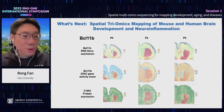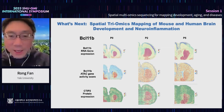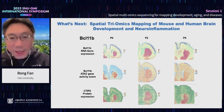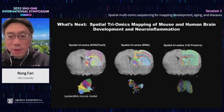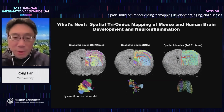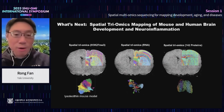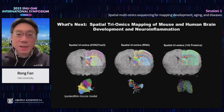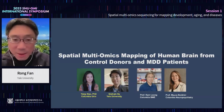So recently we're able to further combine proteins to do this spatial tri-omic mapping. So epigenome, transcriptome, but also hundreds of proteins. And what is more interesting is many of those proteins are associated with immune response, like immune cells. And so now we are applying this spatial tri-omics to the study of neuroinflammation and neuroinflammatory diseases or some autoimmune disease in the brain. And so I'm going to skip those,